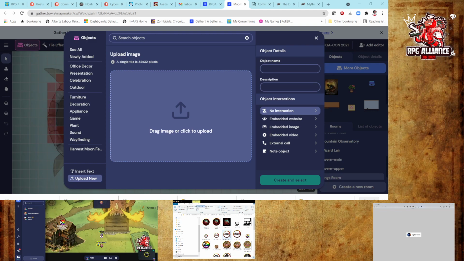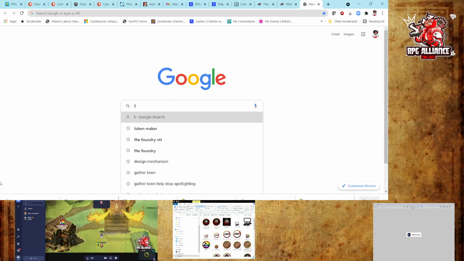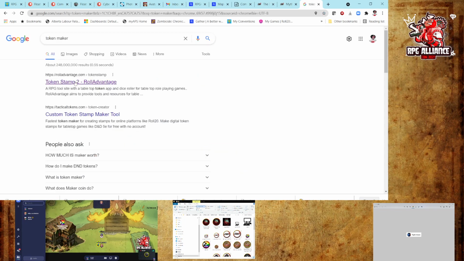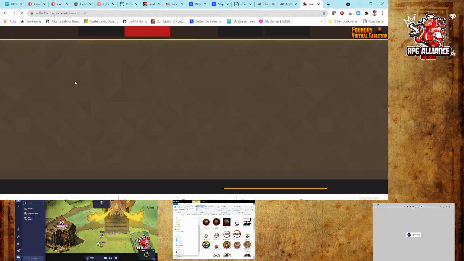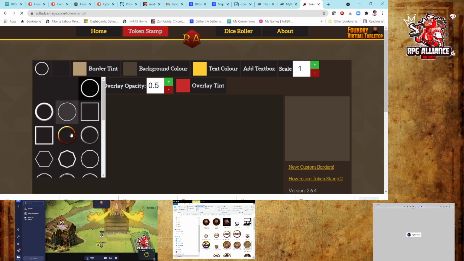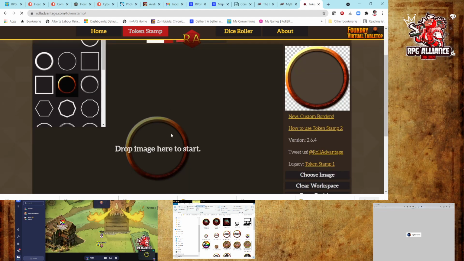For these tokens, I've used the vendors' logos. I've made them with, I think everyone who does gaming knows this token maker website. Just pop it up. I always just do a search because I can never remember its name. It's rolladvantage.com. They have a free token maker. And I think this is exactly what Spawn of the Cyclops did. You just default to the standard D&D kind of ring, drag their logo on, save the token, and that's what you see here in my